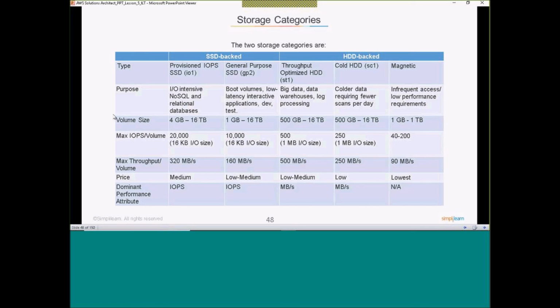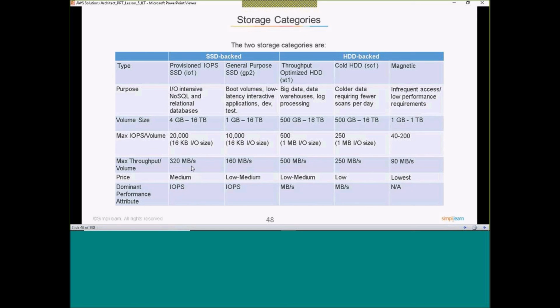Just read out this particular table, go through this table. You will get some questions from this table also. The difference between the SSD and HDD: if you look at the highest size supported by any of these, it is 16 terabytes. But provisioned IOPS supports 20,000 IOPS per volume.